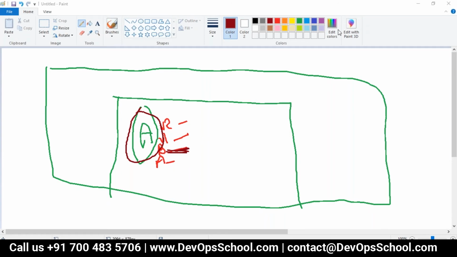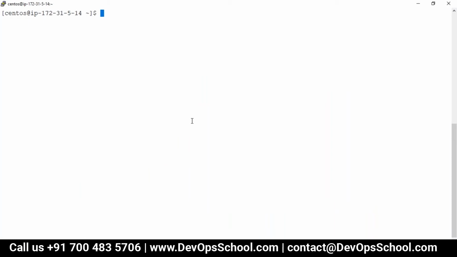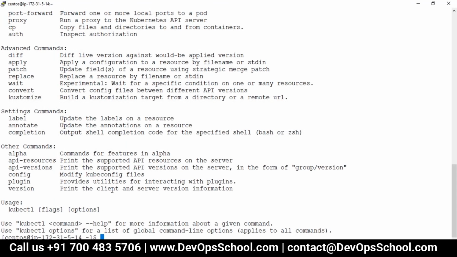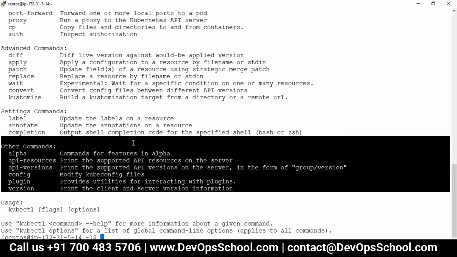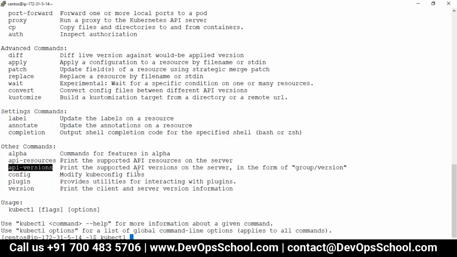Yeah, so now the question is, how do you specify which version you're going to use? So guys, let's find it out, because I need your help. Can you help me find out how to know which API version I should use? How do I know which versions my cluster is supporting for each API? You should type kubectl api-versions. Yeah, you may get it. So kubectl api-versions. See what it says.